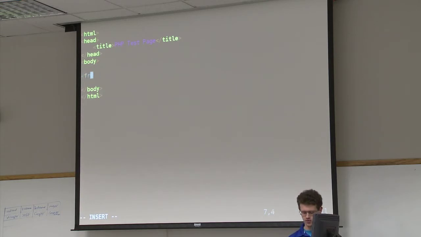HTML has this thing called a form, which is basically, it tells the browser that, OK, well, the stuff between the open form tag and the closed form tag is stuff that I'm going to want to send to a server somehow. So we'll do form, and then you put some stuff in. Action equals process.php. Method equals get. And then we'll do some, I'll just do